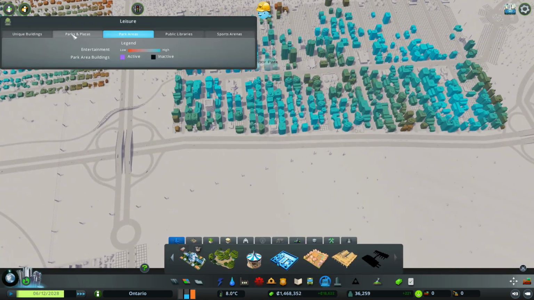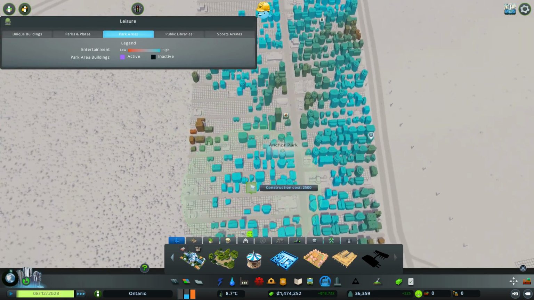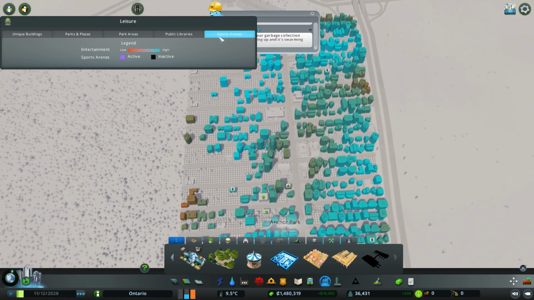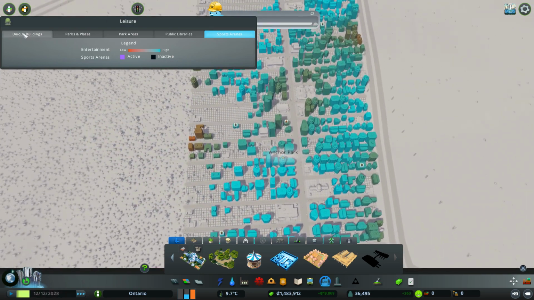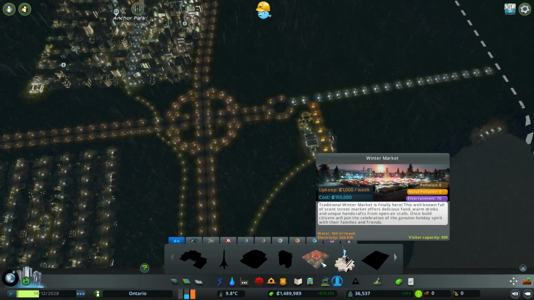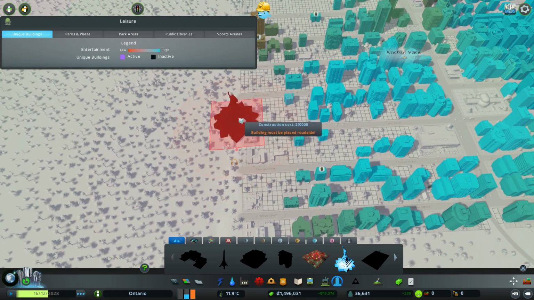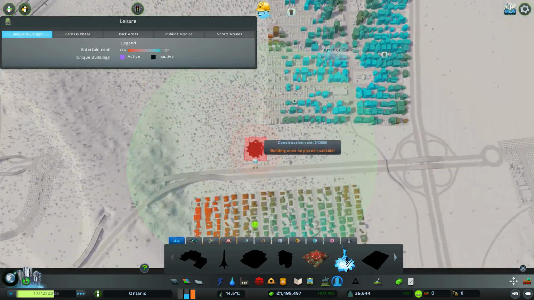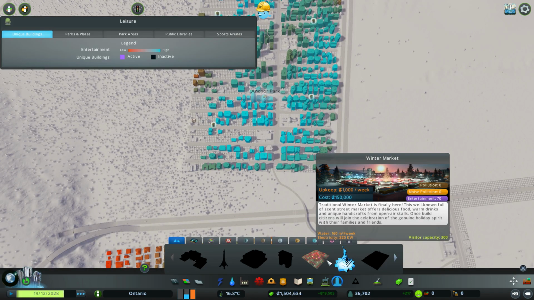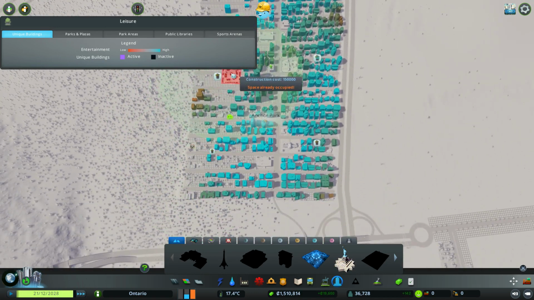Let's see what else we can offer. Oh, park areas. Where are the park areas? Public libraries, sport arena. So there is a sport arena here, isn't there? Or maybe that's a kind of unique building. So you can put unique buildings down. Winter market. Statue of Liberty. So if you put one of these in, people should be happy, maybe. It's a very unique building, though. Visitor capacity. I kind of like the winter market. Kind of sounds cuter, to be honest, but...